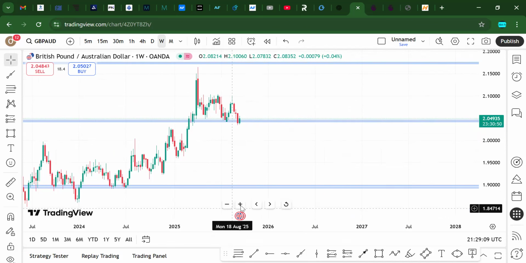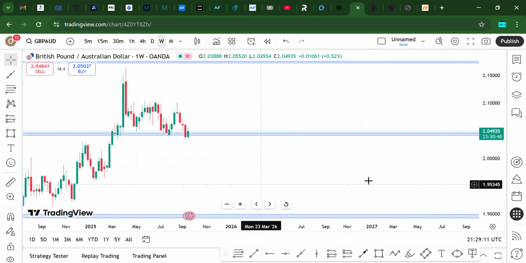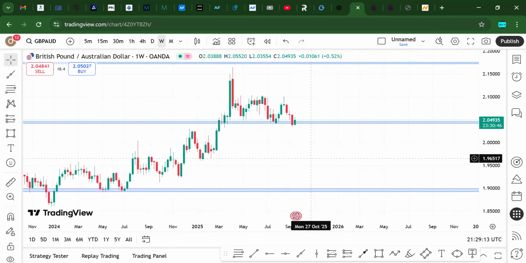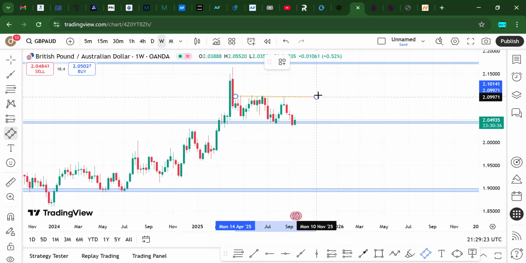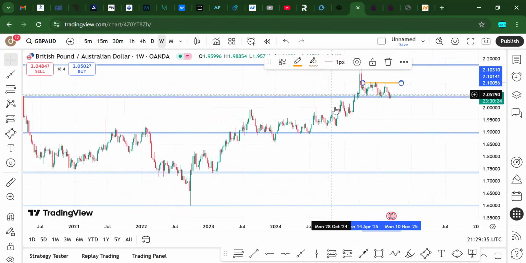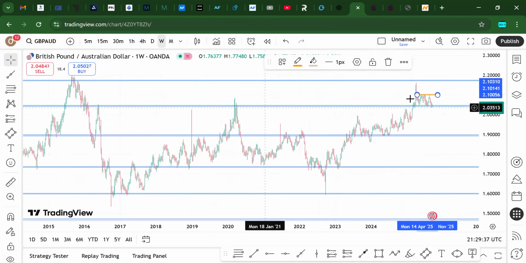Another thing to note is that we have the market in a mini range. Now, how do I mean? If I'm to bring in this tool and look at this particular area, this gives us a mini resistance zone. Now I call it a mini resistance zone because I like drawing my major zones on the monthly time frame. And if we were to zoom in, we can see that this, if we were to draw this out,